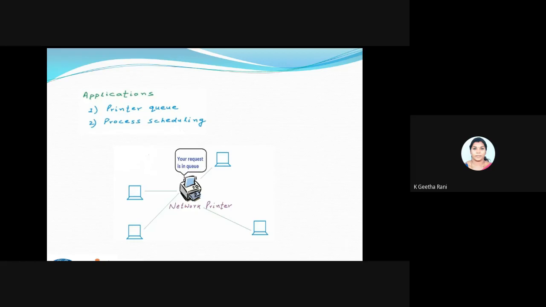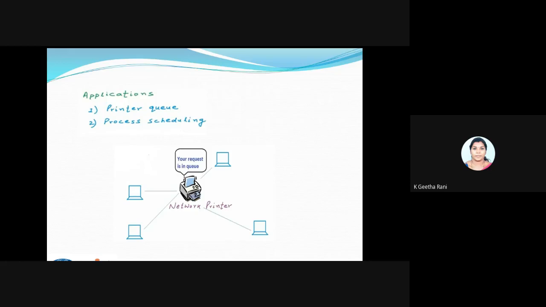Based upon some request, resources will be shared. The resource can handle only one request at a time. At that point, I can queue up the requests. Whichever request comes first, I'll give priority to that particular request. So this is the major application of my queue.